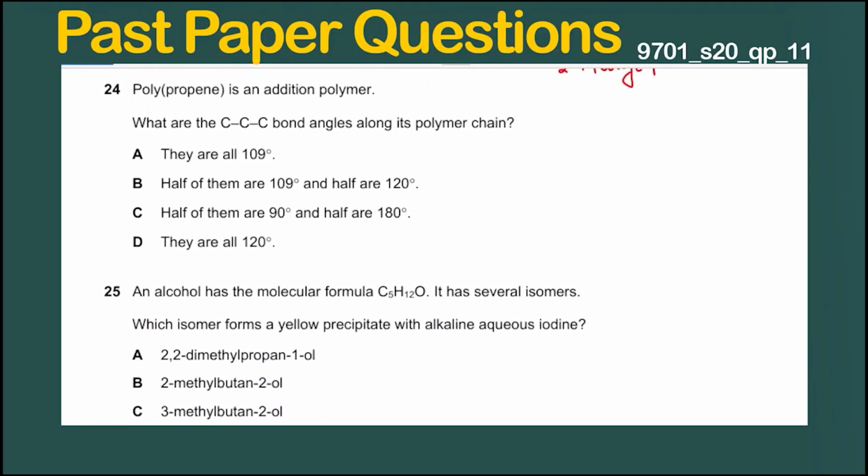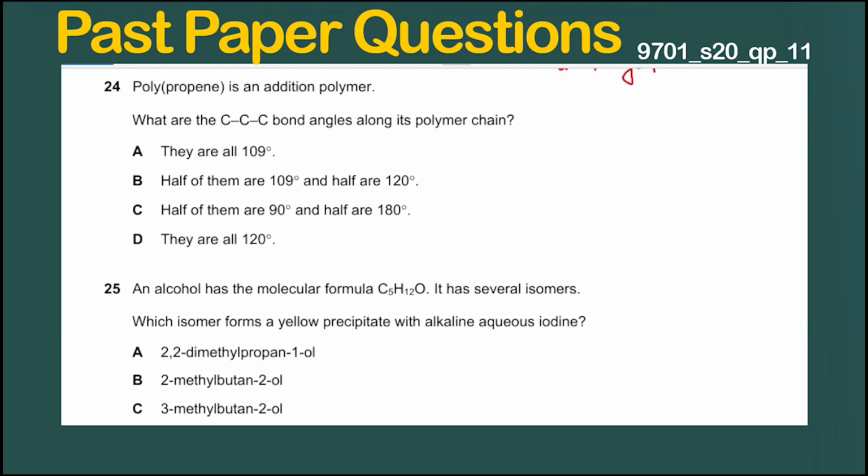Let's have a look at question number 24 now. This is polypropene, that is an addition polymer. What are the C-C-C bond angles along its polymer chain? Beta ji, initially the compound has a double bond and the carbon is like this. This carbon has one hydrogen, this carbon has two hydrogens, like this. Here we have CH3. This is actually propene, in which the double bond is making a 120 angle,